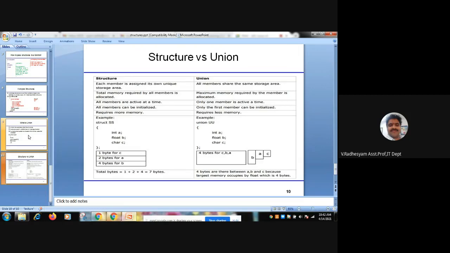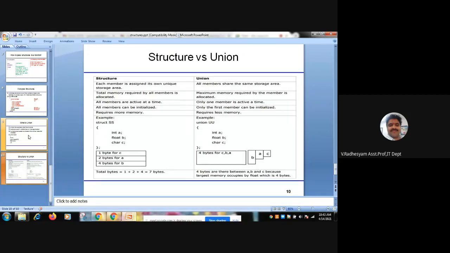Suppose you consider a struct SS with int A, float B, char C. One byte of memory is allocated for a character, 2 bytes for an integer, 4 bytes for a float, total 7 bytes in the case of structure.